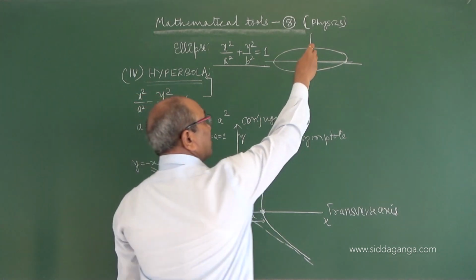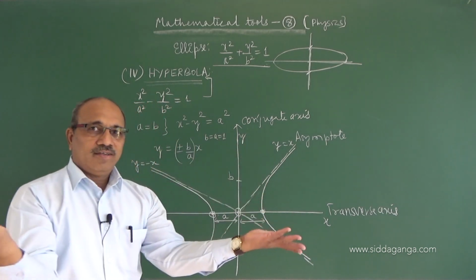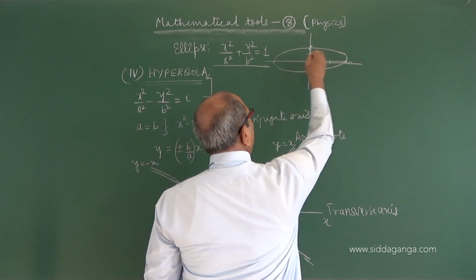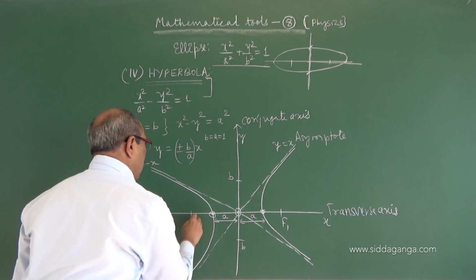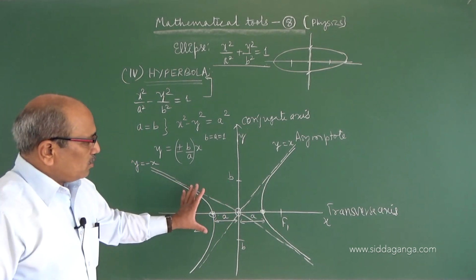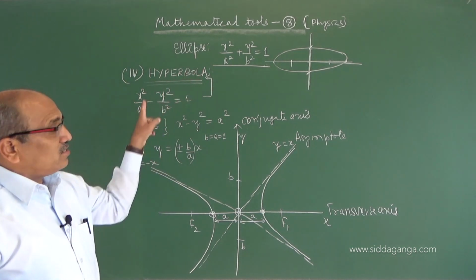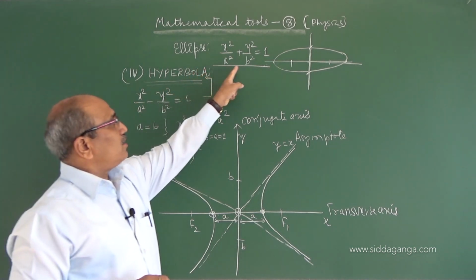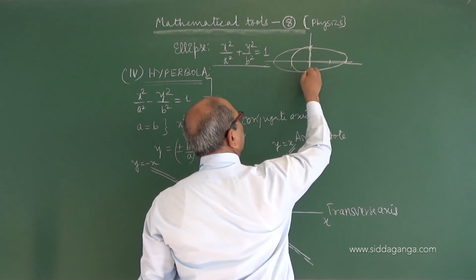So if I cut the ellipse at the middle and reverse it, you will get the shape. Foci are two. Here also there are two foci, F1 and F2. So you got some shape which is coming now under this equation, only one change. So that is an ellipse. If you make a equal to b, it becomes a circle. When a equals b, this is converting into a circle.